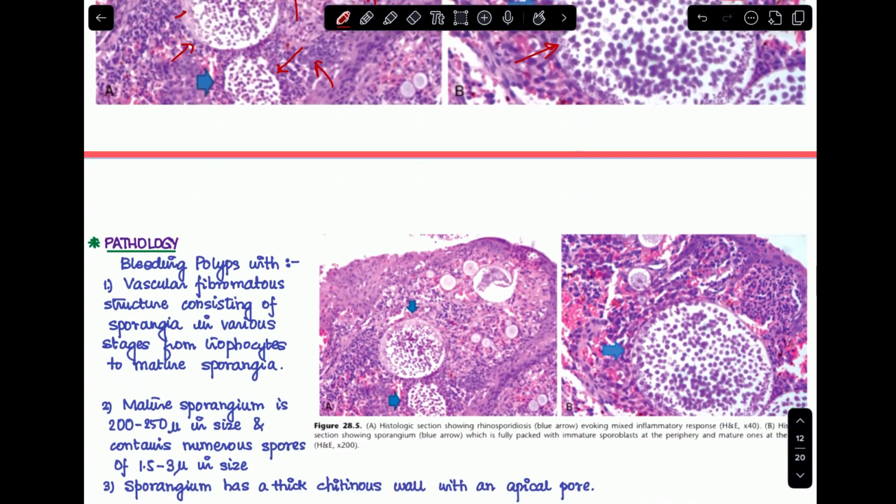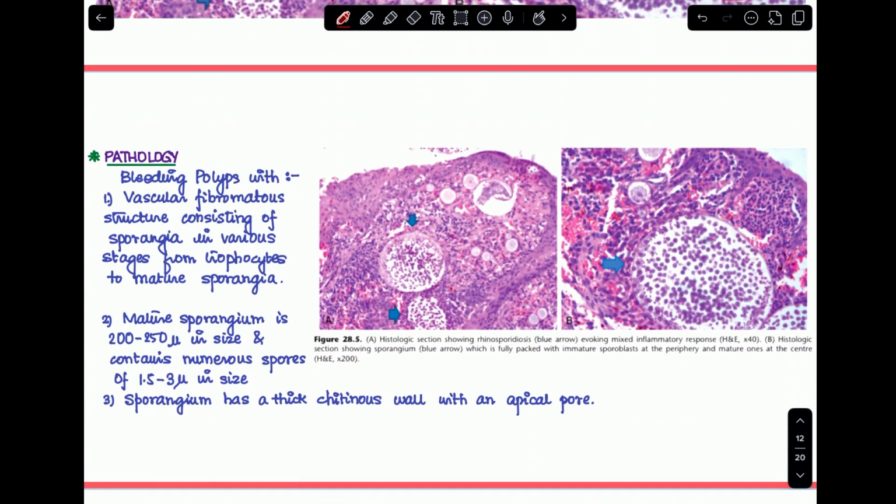So these are the histopathological findings, and this will be very important for you to understand because in your practical exams, you also have your histopathological slides. So this can be a slide that can be given to you, and you have to identify the disease. In that case, if you see a structure like this with a thick wall and filled with multiple dot-like structures, those are all endospores, and you see multiple of them throughout the slide, you can very surely say that this is a case of rhinosporidiosis.